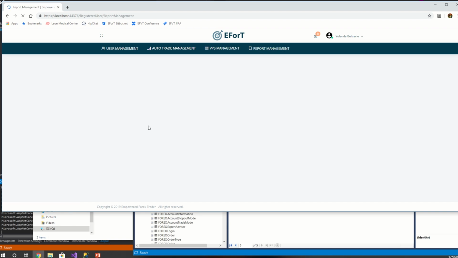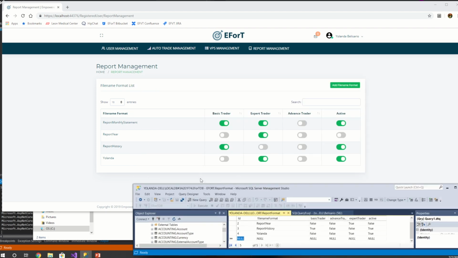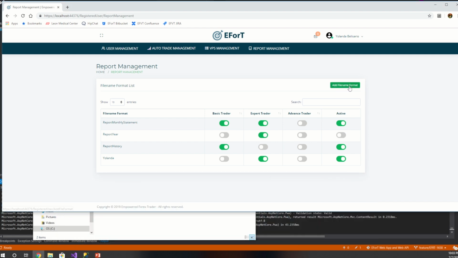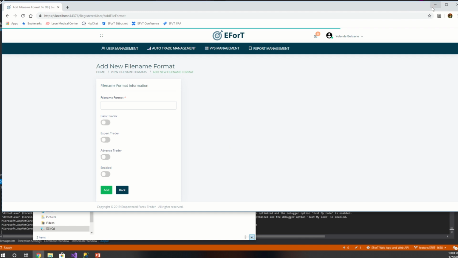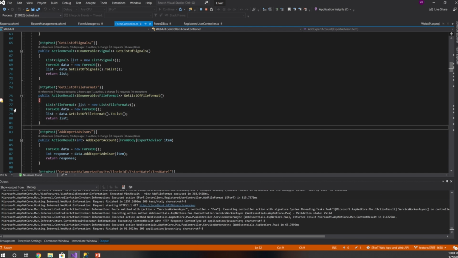We go to report management and it should look very similar to what we have here. Okay, so we have report year, report history, we have Yolanda, and we have report monthly statement. It is true basic trader, it's false here, true. So these buttons are showing if they are true or false on the DB. They're also showing if they are active or inactive. Right now, if we click add file format, let me do, is it,